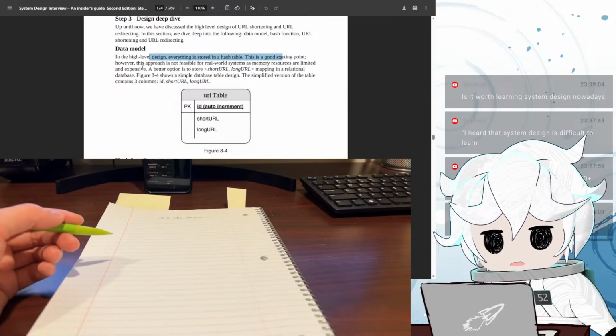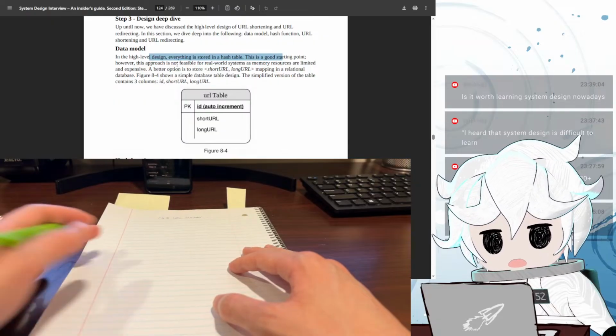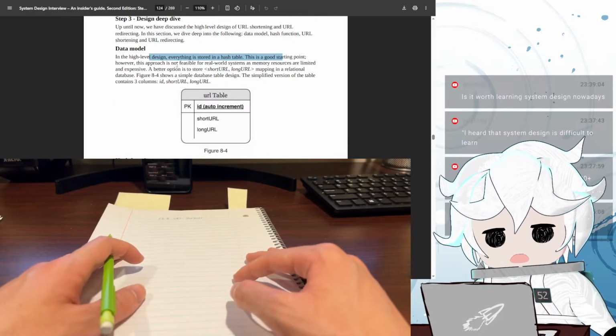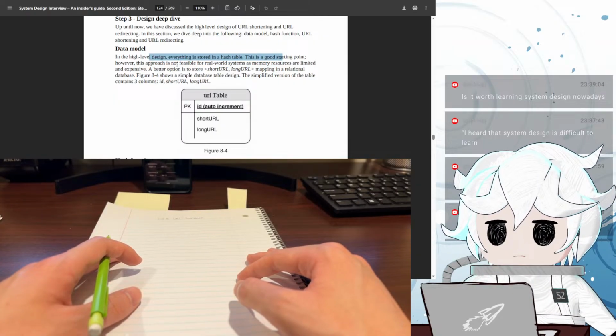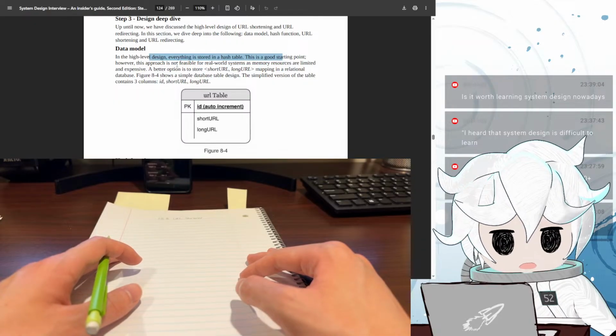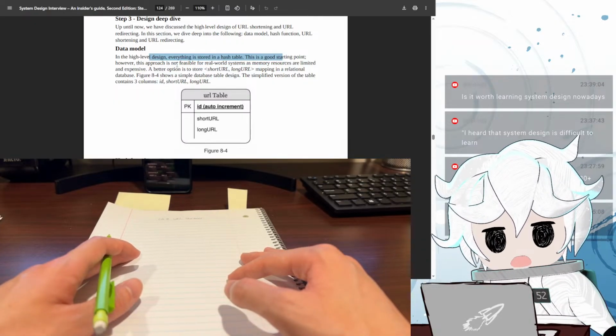However, this approach is not feasible for real-world systems as memory resources are limited and expensive. Yeah, that was what I was thinking. So we gotta store it in some sort of data storage, right? Maybe a database. And then to make it faster, we front it with some sort of cache.